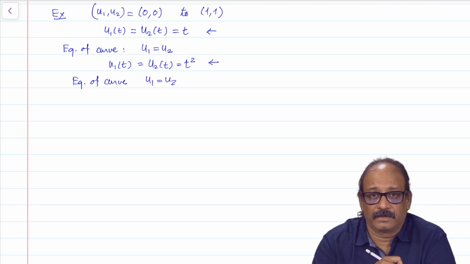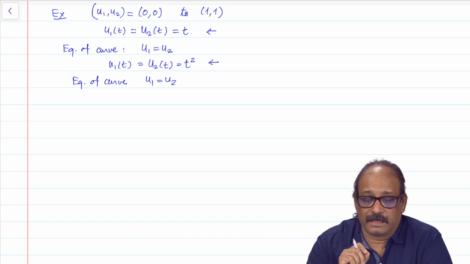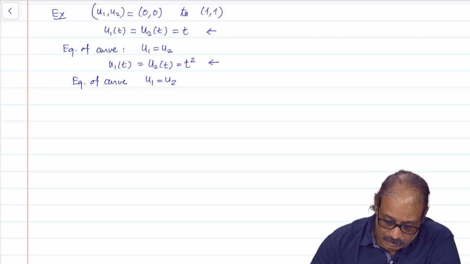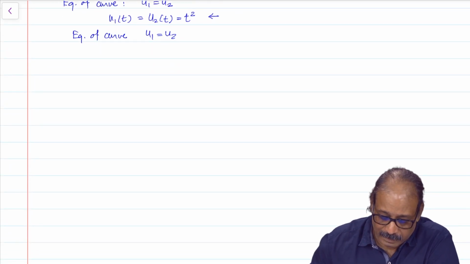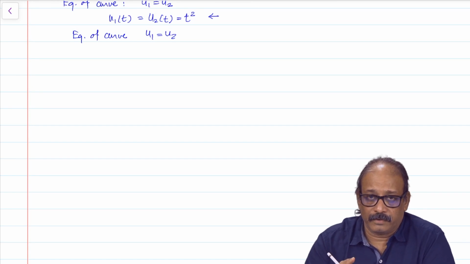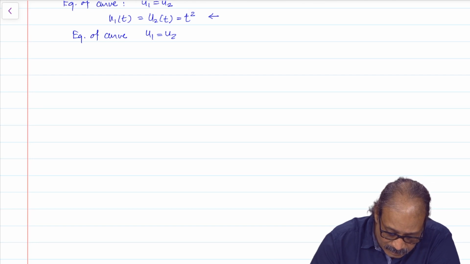The equation of curve in configuration space is not the trajectory of the particle. Trajectory necessarily has a time element in it. Okay. Now, there is a related idea, which of course we will use later when we go to the Hamiltonian formulation, and this idea is what is called a state space.